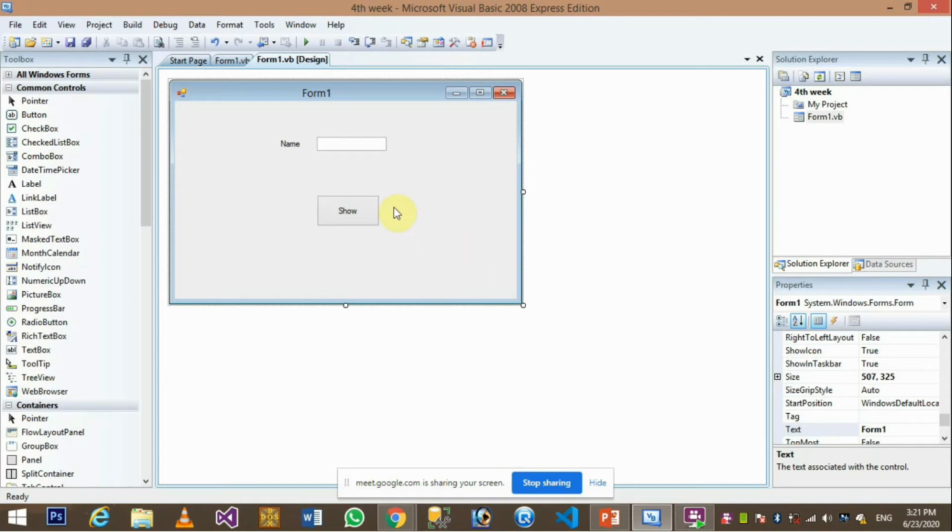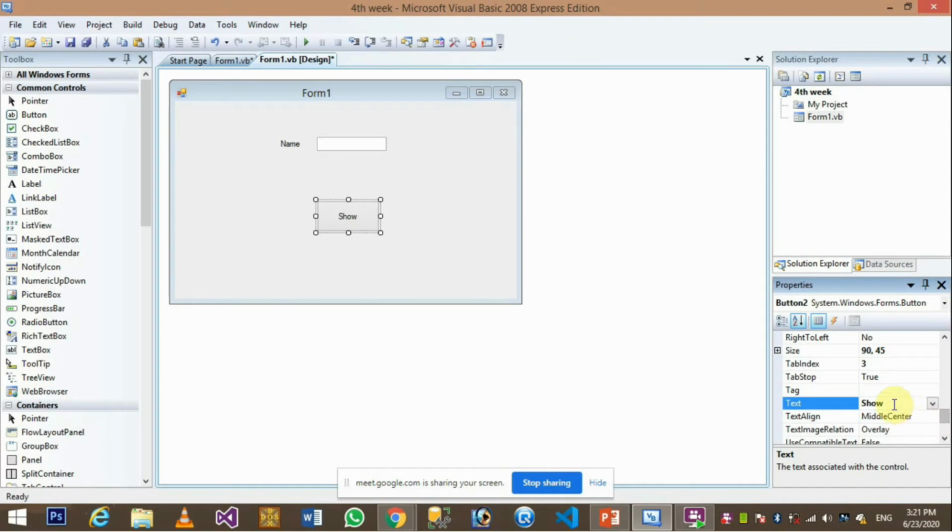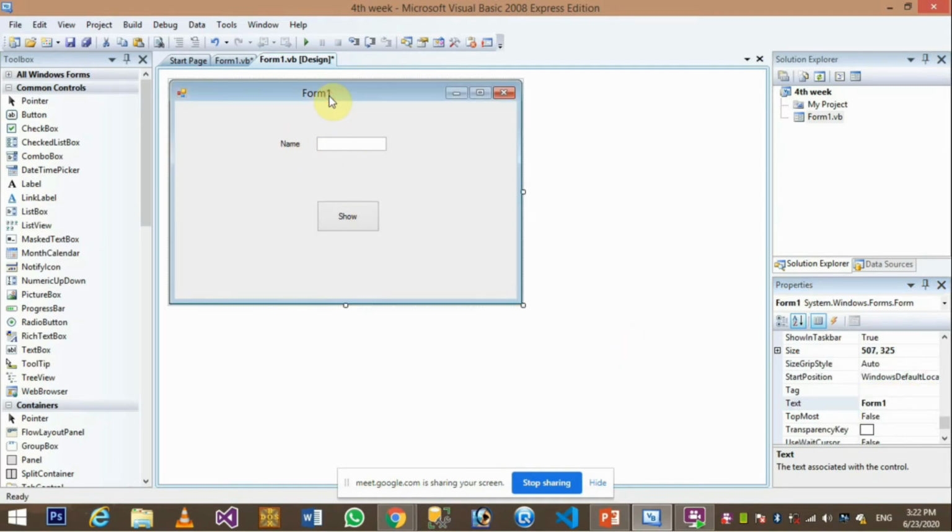All right, so similarly we have some structures in Visual Basic programming, and the name of the structure that I'm going to use today is if then else, right? So we can say if else, and if then else, and if. All right, so what I'm actually doing, if we click that form 1, I'm changing the name of this form.